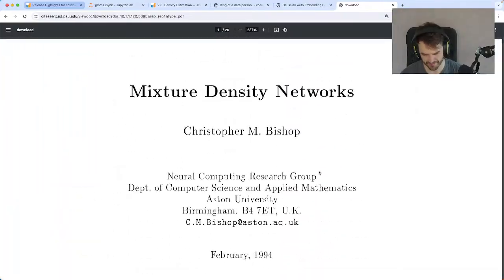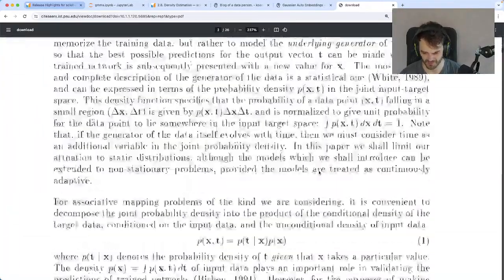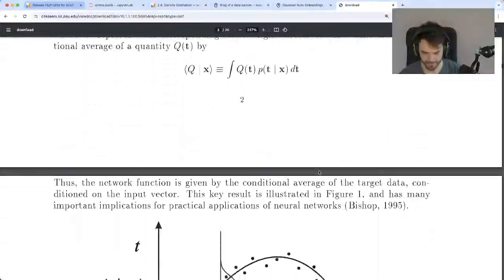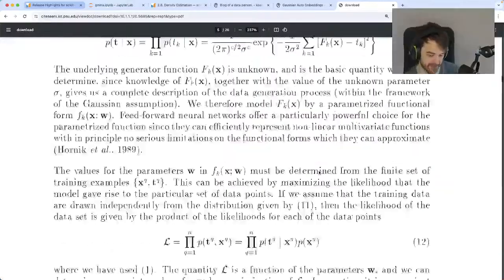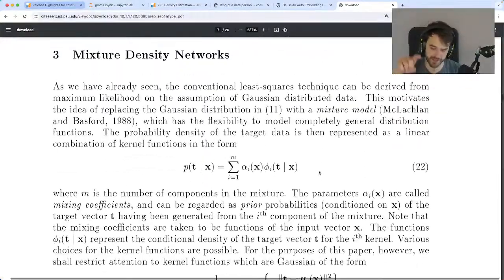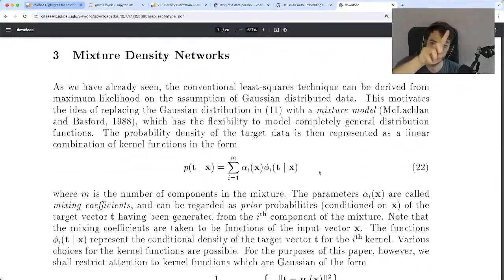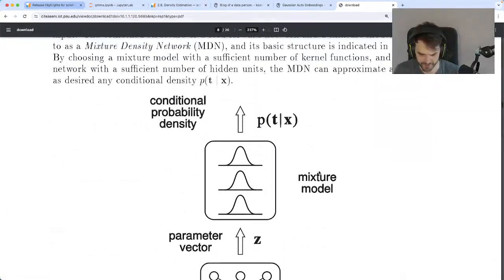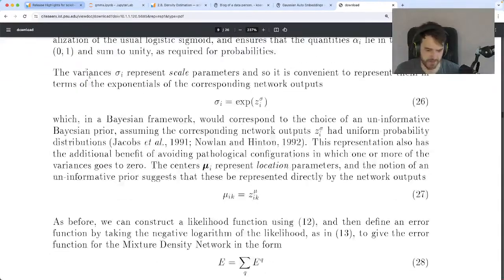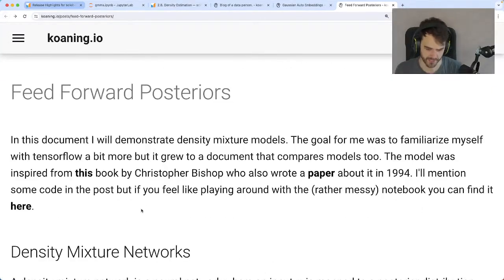You can see from the font that it's a bit of an old paper. But if you are interested in the full mathematically rigorous details, check this one out. The blog that I linked in the chat has this link, and I will try to make sure it's also added to the show notes. But yeah, if you're interested in the paper, here you go.